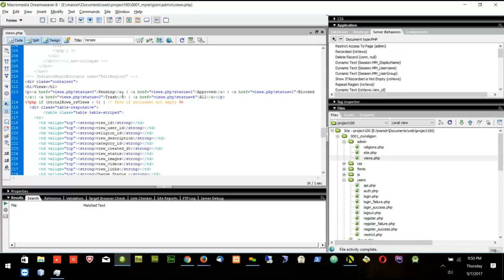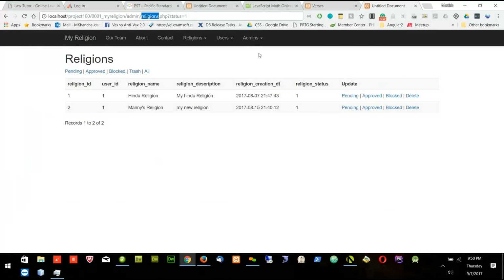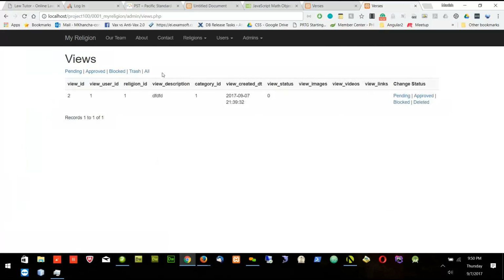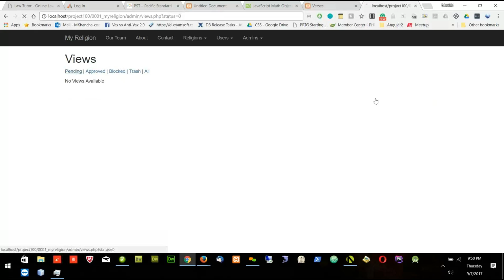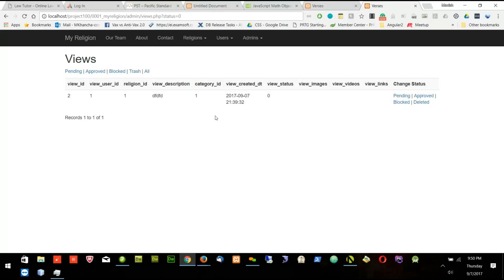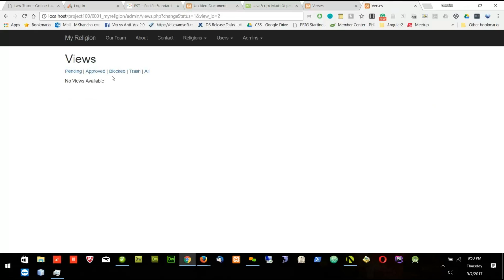The first one, I should change the status. Again, I'll go to the worst one. So right now I'm able to see pending. Since it's a 0, I can go to trash and make it approved. And if I go to approved, now it's coming as 1. So when I change the status, I should remain in the same page. Right now, if I'm changing to approved, I'm changing the page actually. Okay, so